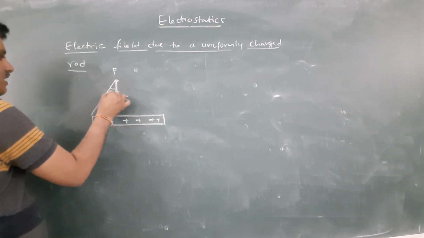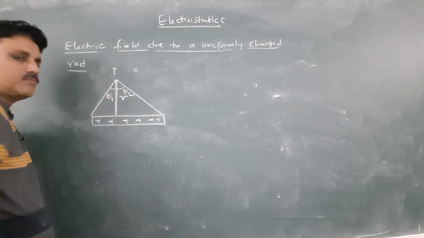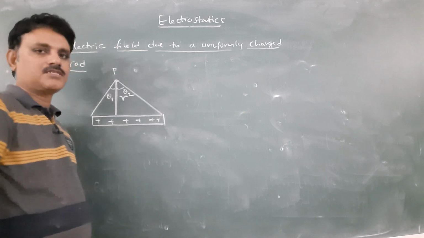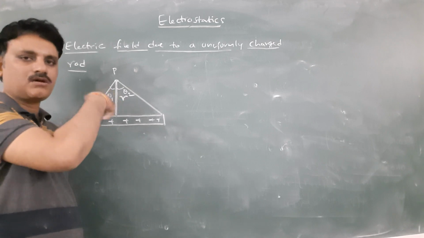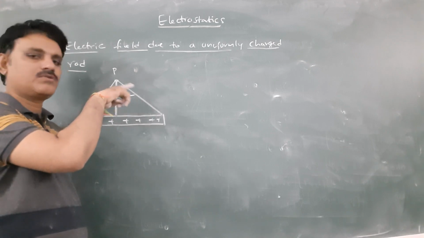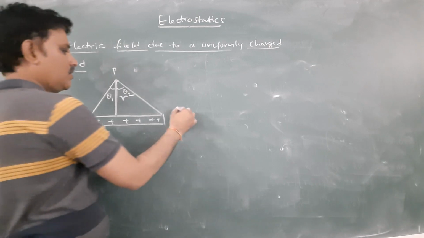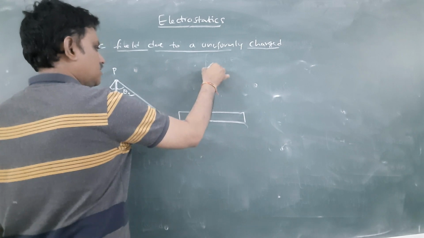One edge makes an angle theta 1, another edge is theta 2. Let us suppose the angle theta 1 is in the anticlockwise direction, taken as positive, and theta 2 is in the clockwise direction, taken as negative. Okay. So let us suppose the rod